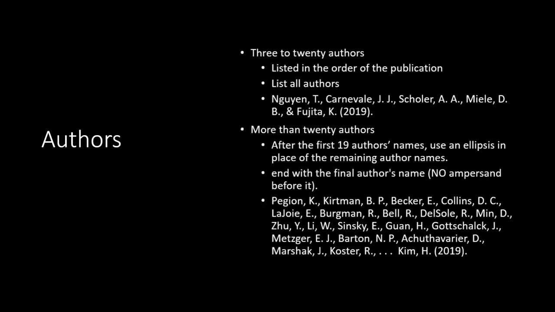If you have more than 20 authors, you're going to write out the first 19 authors' names, and then you're going to use an ellipsis, which is the 3 periods, in place of the remaining author names. And then you will end with that final author's name listed, but you do not have to put that ampersand symbol before it. And I've given you an example here. So you can see that we've listed out 19 authors. Then we have the ellipsis. If